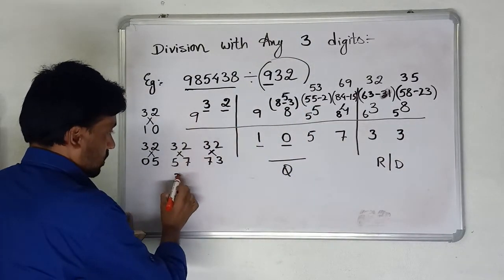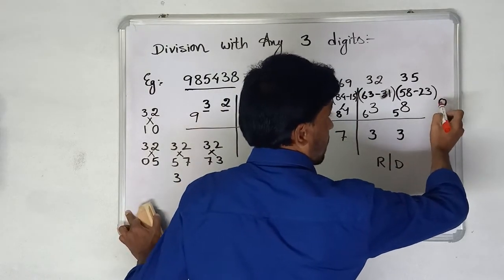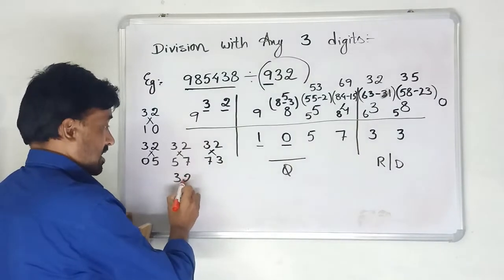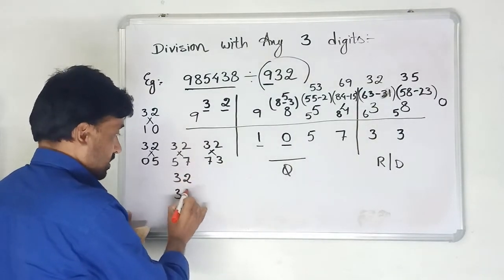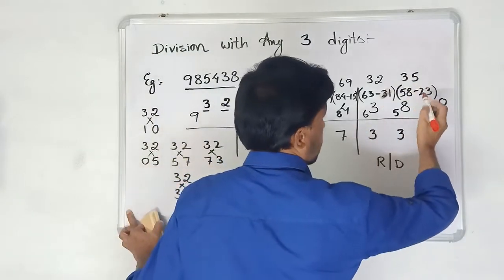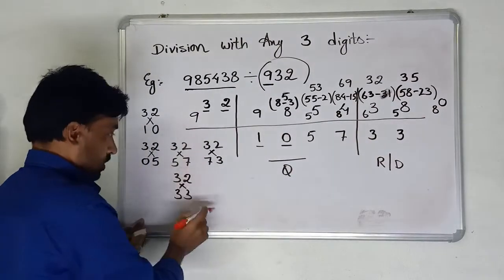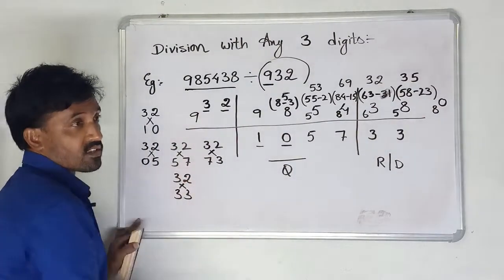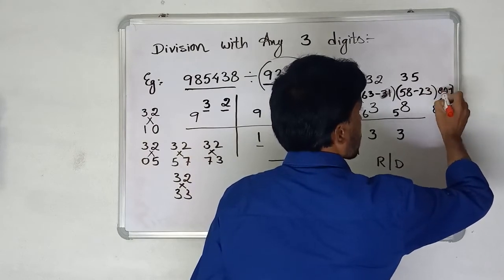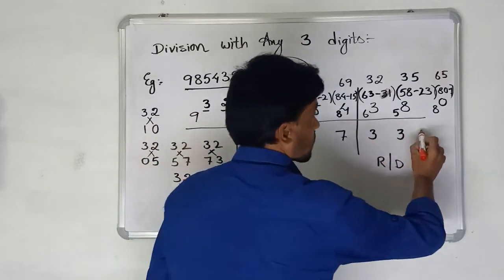We will do the same thing. Since there is no further digit, it is taken as 0. This is the verification part. The suffix 32 goes under 33. Do the same thing. 9 times 3 is 27 and leaves remainder 8. Now do the cross multiplication: 3 times 3 is 9 and 3 times 2 is 6, that is 15. From 80, 15 is to be subtracted. That is 65. Again 9 divides 7 times.